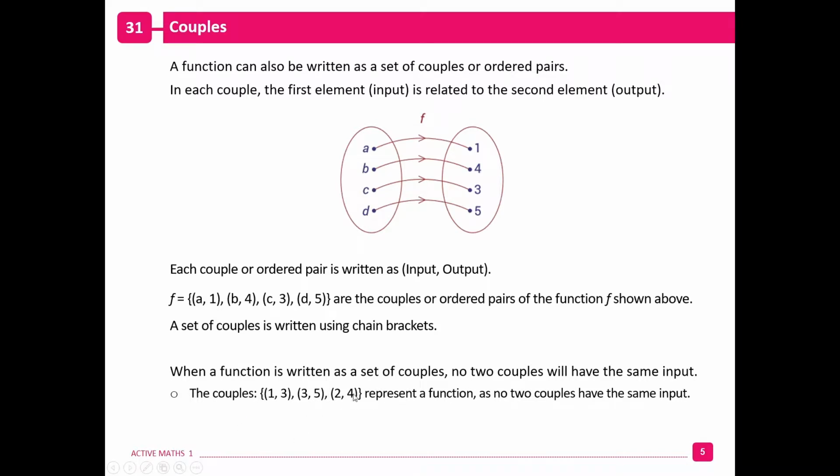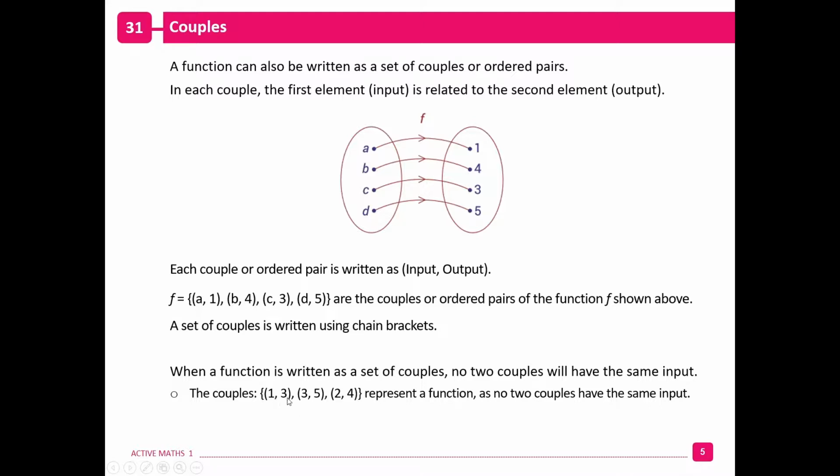If we look at this set, we have our curly brackets, so we know it's a set, and inside we've got a number of brackets separated by commas. So this shows us that we have 3 couples, and each of these represents an input with its own unique output. 1 is the input, and 3 is the number 1's output. Now, if you look at each of these couples, it becomes quite obvious what the rule of this particular function would